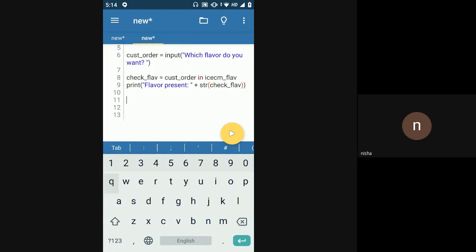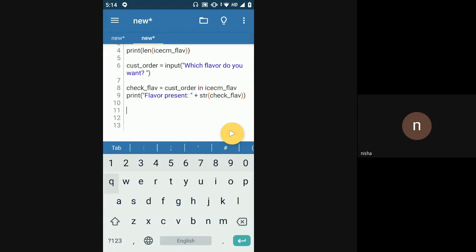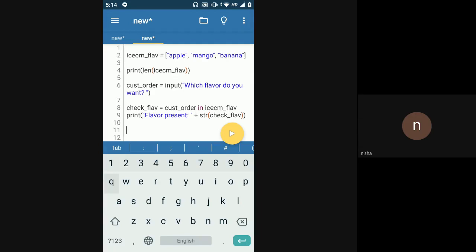Now next what we will do is get some flavors from the user and put them into our available list of flavors. So I'm asking the user, give me the list of flavors that you want me to put into my menu.